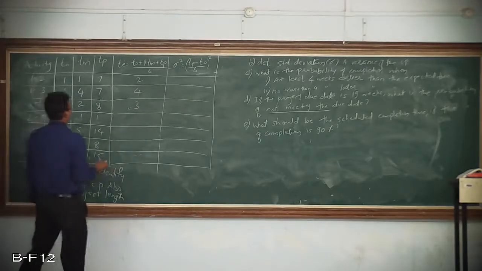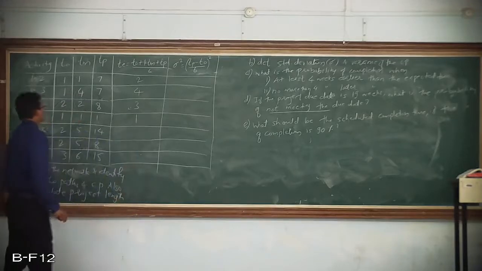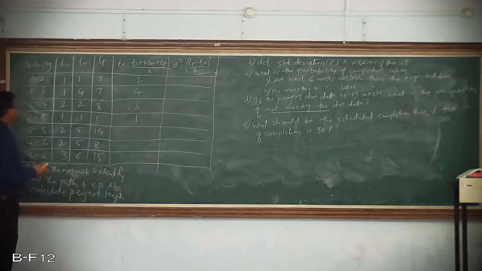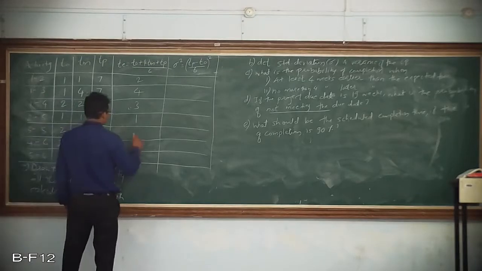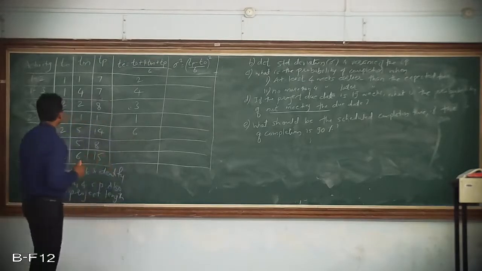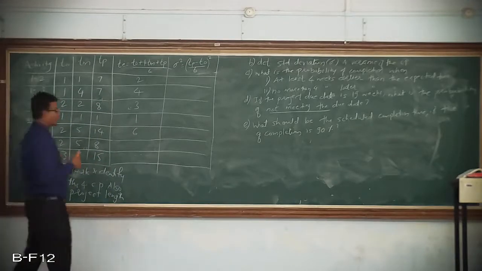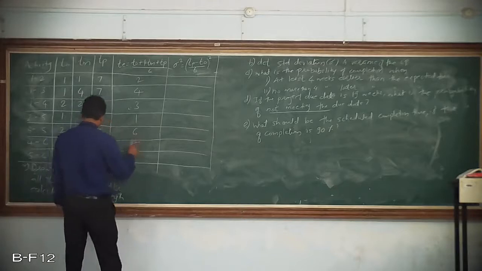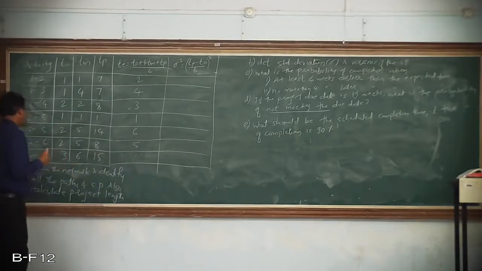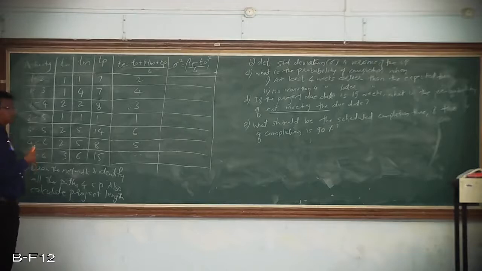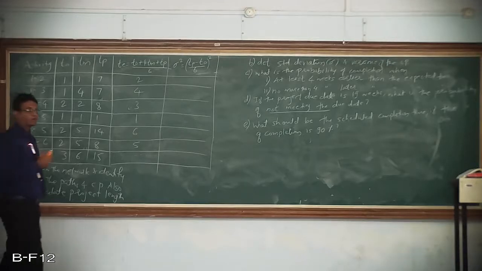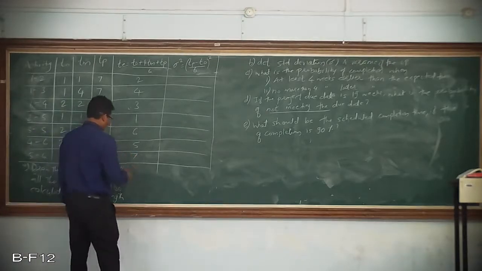6, 6 divided by 6 is 1, then 2 plus 20, that is 22 plus 14, 36, 36 divided by 6 is 6, then 2 plus 20, that is 22 plus 8 is 30, 30 divided by 6 is 5, then 3 plus 24, that is 27, 27 plus 15 is 42, 42 divided by 6 is 7.